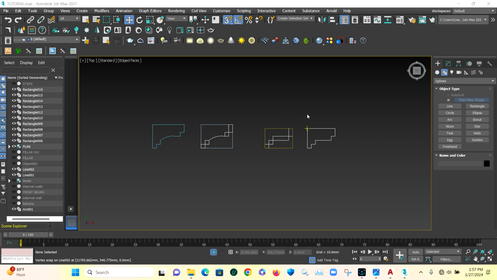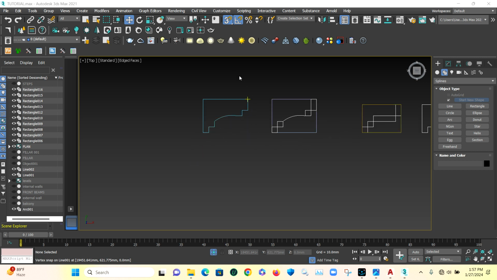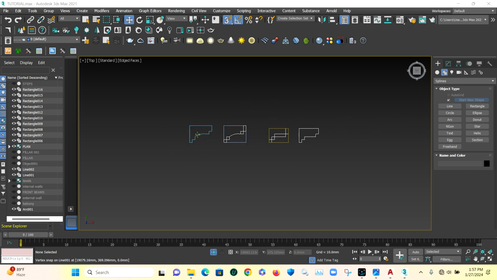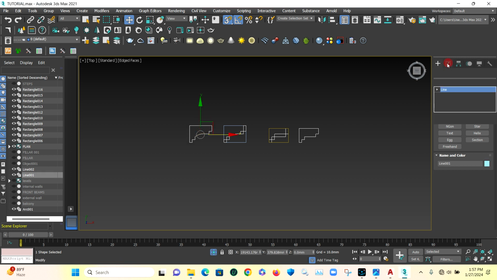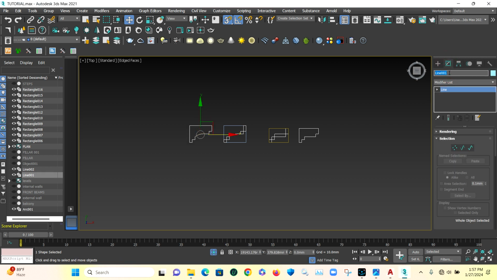So now what is the next thing to do? We have gotten our sweep profile. Remember I told you that to do this parapet we'll use the sweep command, and for us to use the sweep command we need a profile, a sweep profile. Now this will serve as our sweep profile. So I can just select this and then name it parapet profile